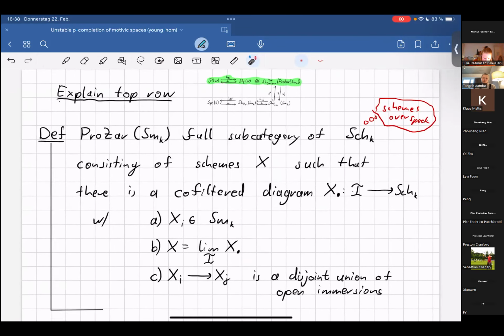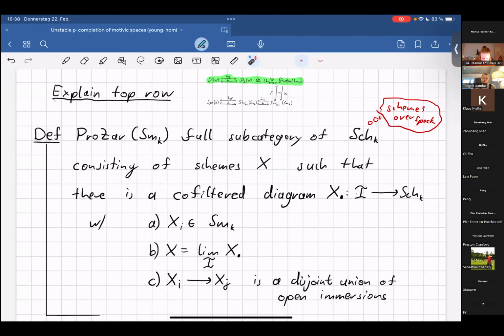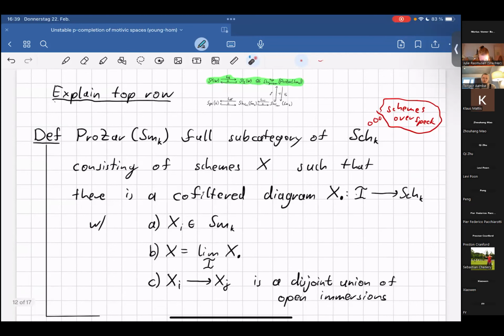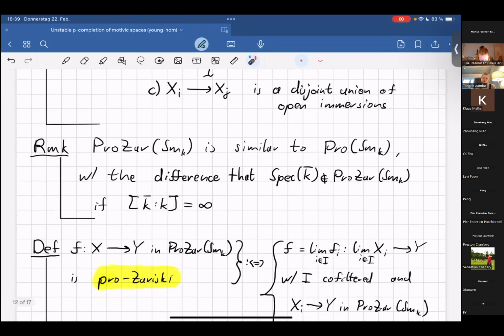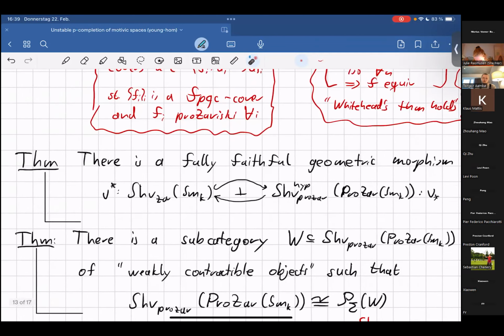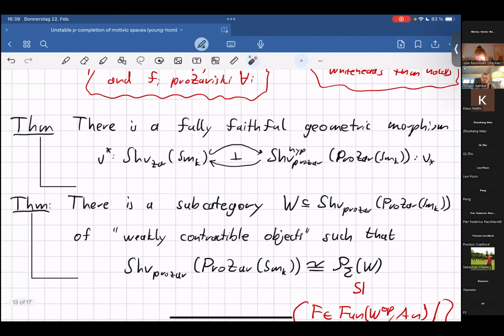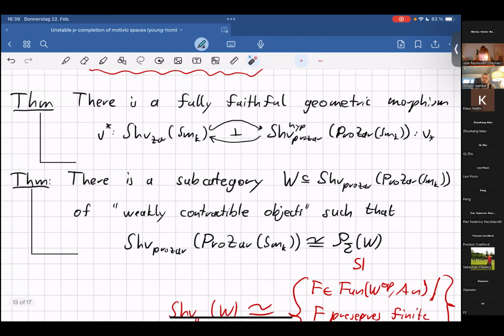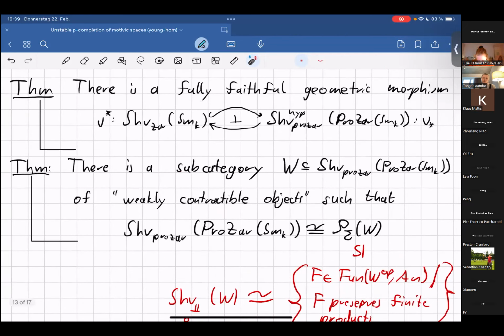Okay, so I try to explain what this top row is, but I guess for time reasons I will skip the part about this pro-Zariski topology, how you can define this, and just say what the main theorem about this pro-Zariski guy is. So as I said before, you can embed the Zariski thing into some pro-Zariski guy, and now the idea